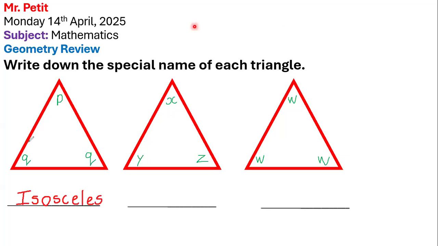that means these two angles are equal, Q and Q. And so for isosceles, let me go ahead and write down the definition. Isosceles: two angles and two sides are equal. Do you understand that, Aiden Adley? You understand how we got that for isosceles? Aiden Adley, does that make sense to you? Yes, it makes sense.